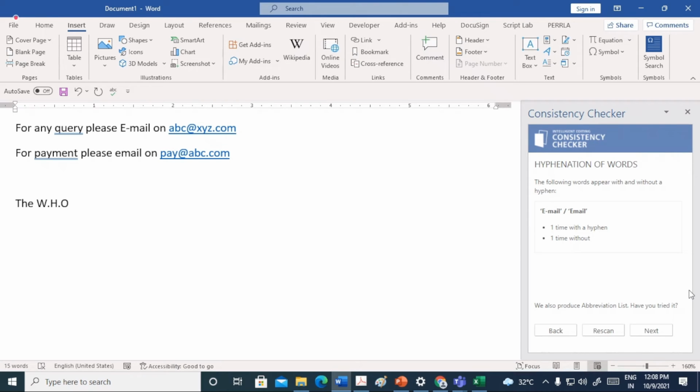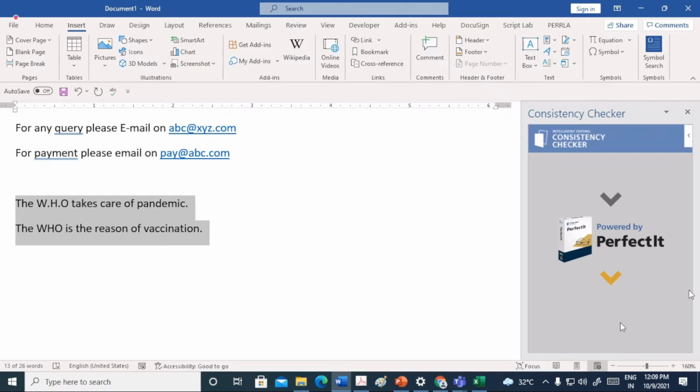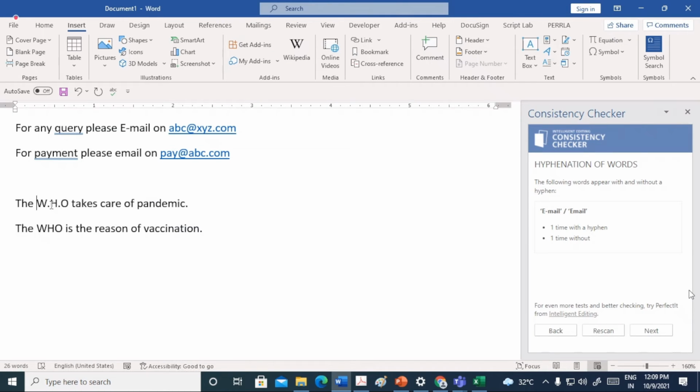Same way, if I write WHO takes care of pandemic, and if I write the W.H.O. is, again, if I do the rescan, it is not showing for the dot, but it should show for the dot also.